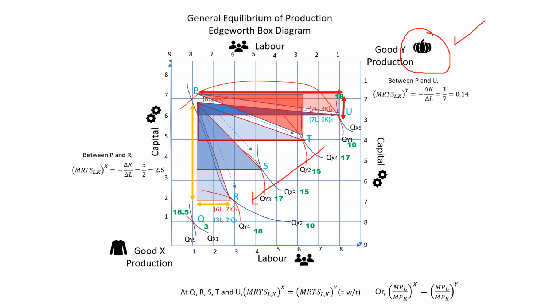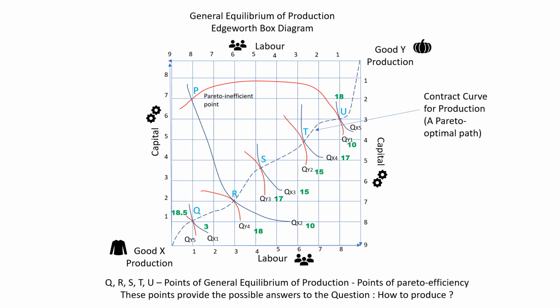So it really is dependent on ultimately the conditions that are existing with regard to the demand in the marketplace, that we will have a particular point out of these alternative possibilities of R, S, T, and U being reached as a consequence of the redistribution of labor and capital among the production of these two goods, which is X and Y. Finally, this is our illustration of the movement from the Pareto inefficiency point, which is point P, to any of the other points which are Pareto efficient.